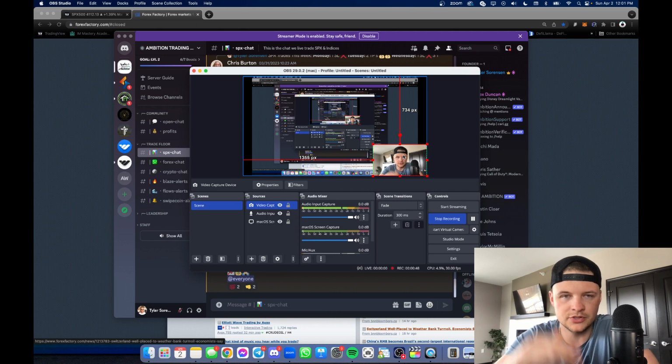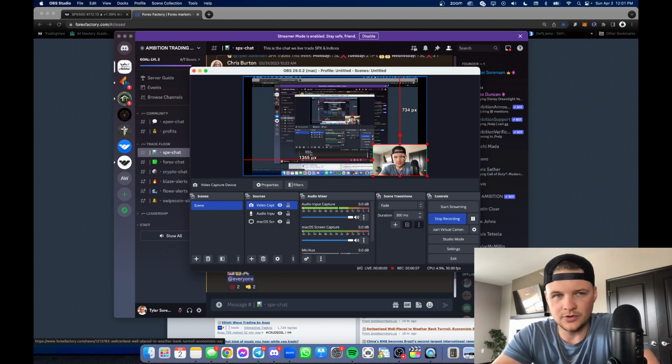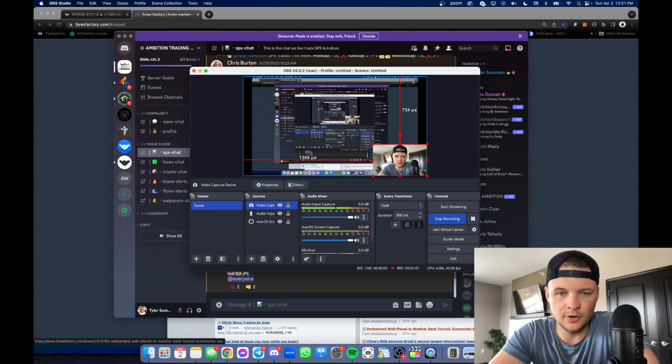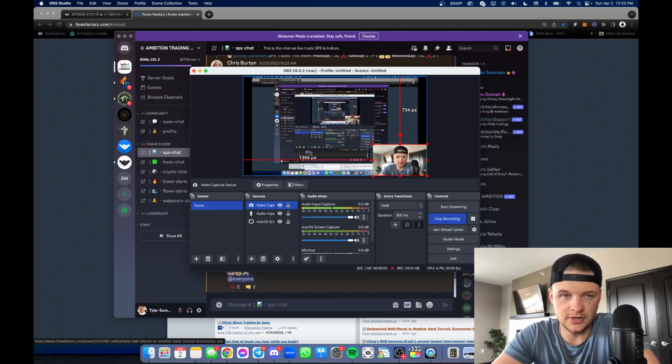So, I'm going to be scrolling through the Discord so you guys can see how everything was called out in the Discord. And then also, it's going to help me kind of remember as I'm going through it, because I haven't marked up anything on S&P 500 other than market open from each day. So I want to go on TradingView. I want to look through and mark up with you guys every single trade that we took on S&P 500, why we took the trade that we took, my thought process behind every position that we took, winning and losing trades. And then I'm going to show you guys the Forex trades at the end, because those should be a little bit quicker. But yeah, man, that's the plan.